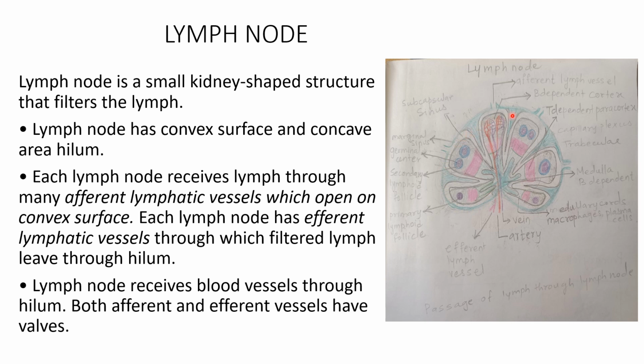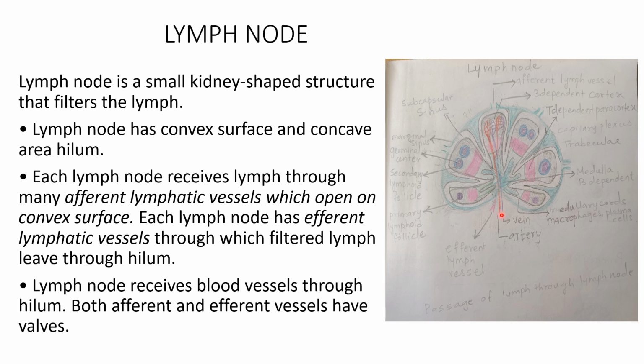It has convex part and concave part. In the concave part there is hilum. Convex part provides opening for the afferent lymphatic vessels, and they will transport the lymph, and after filtering the lymph it is then drained out of the hilum